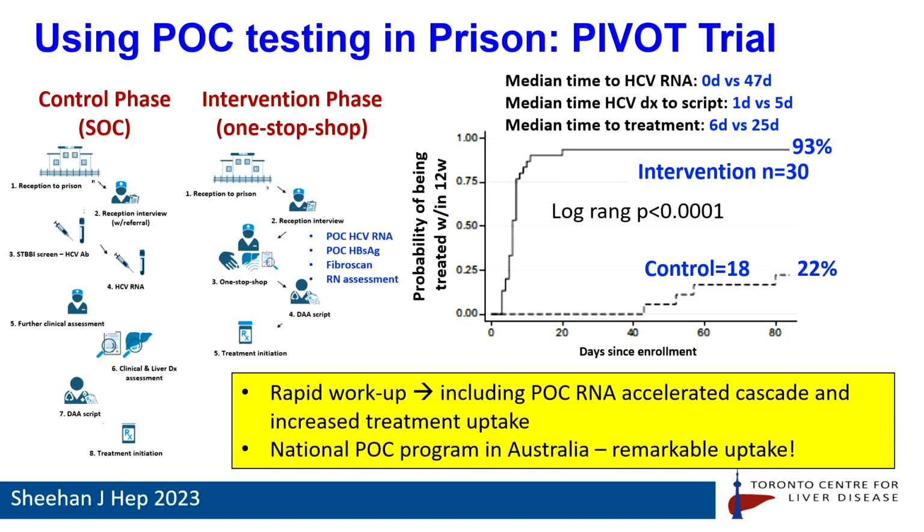And what you see is that their median time to HCV RNA, of course, they were doing it immediately, so it went from 47 days down to 0 days. But importantly, the median time of HCV diagnosis to getting a prescription for treatment went down from 5 days to 1 day, and the median time to treatment start from 25 to 6 days. But more importantly, 93% compared to 22% in the control arm actually received treatment within 12 weeks of entry into the prison. So this leads to a rapid workup, and I think this is really exciting data to see,